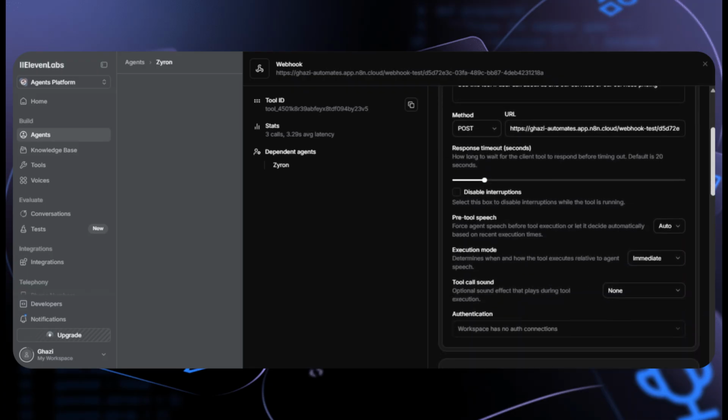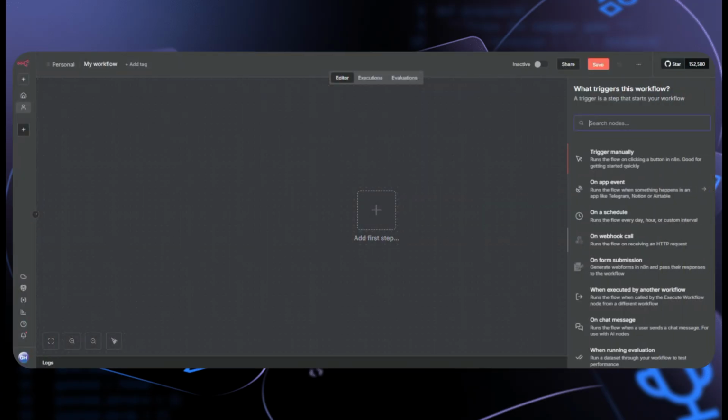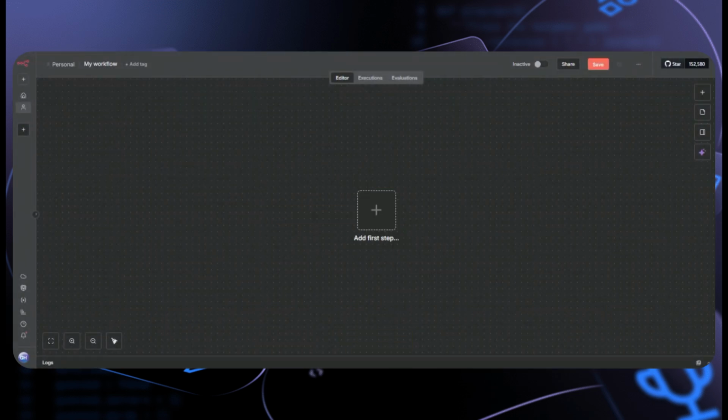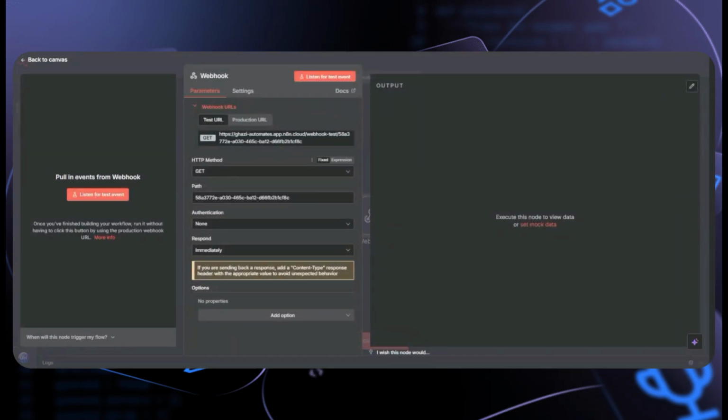I will tell you the meaning of webhook. It is a tool, or node, for receiving data from other sites. So now come here and search for webhook.